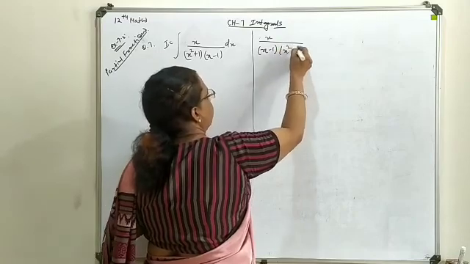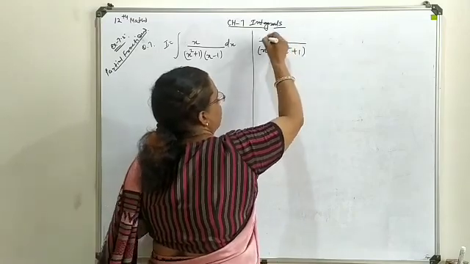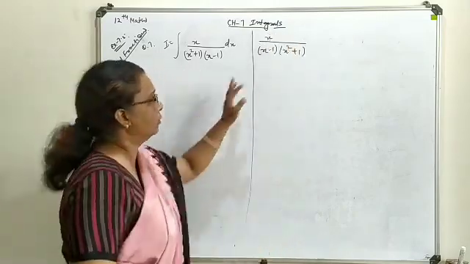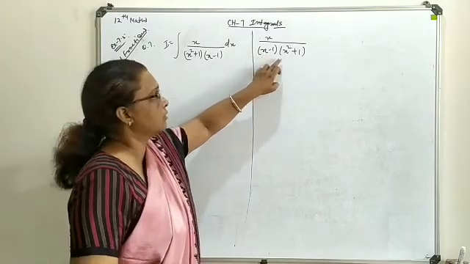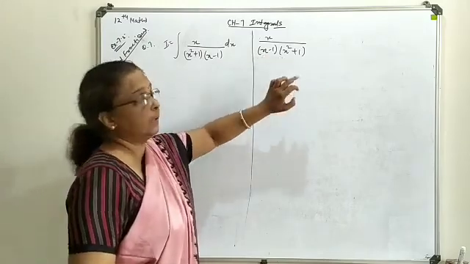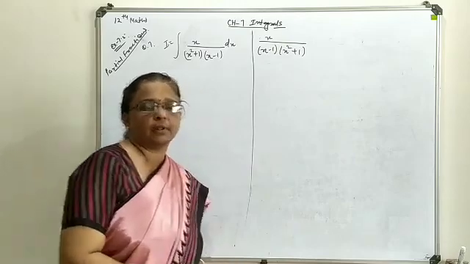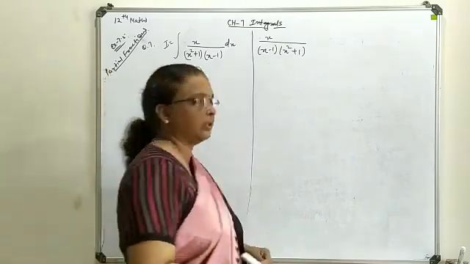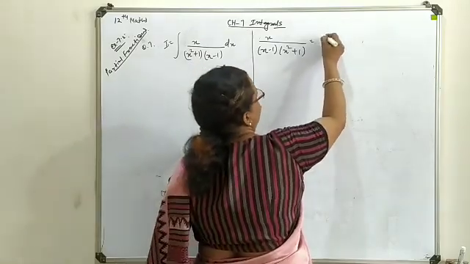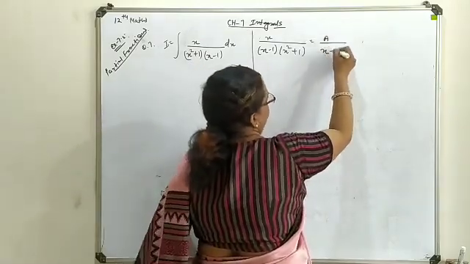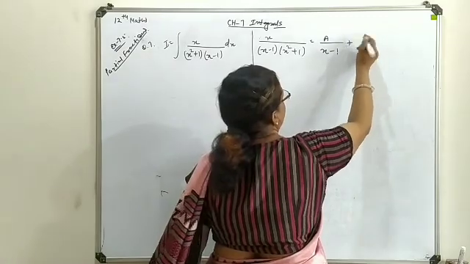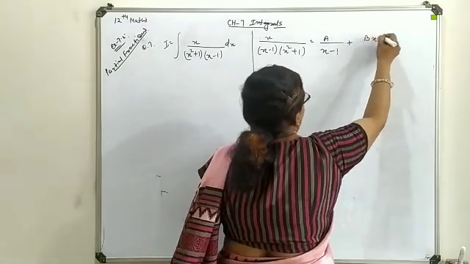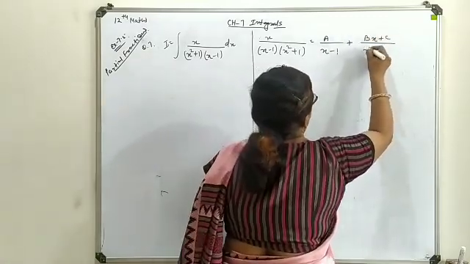Anyone you can write first, as your terms are available in a product. So this will proceed with the linear combination, and this is for the quadratic one. When this type of combination is written, we combine 2 constants with the x variable. So this will be A upon x minus 1, only the linear combination, plus bx plus c upon x square plus 1.